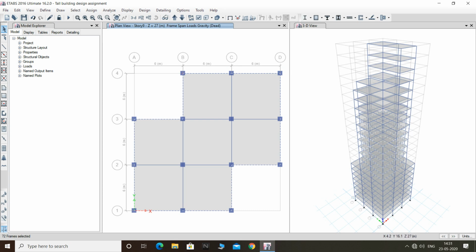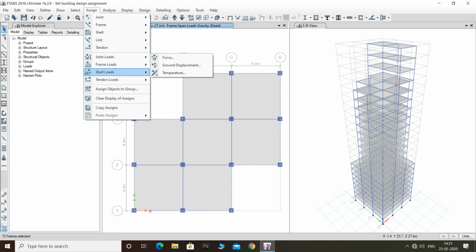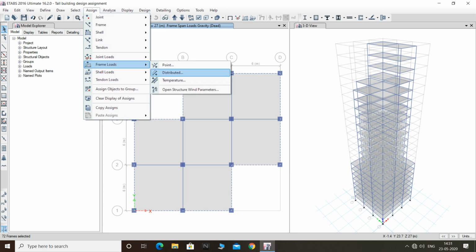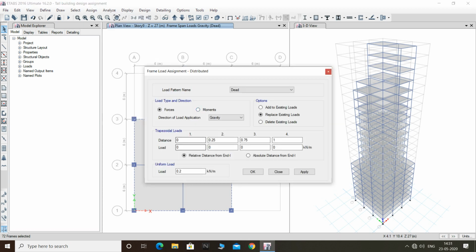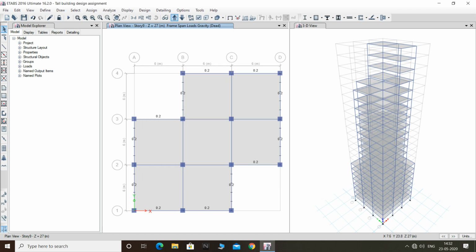Make sure that the exterior beam is selected. Go to assign, then shell loads, then frame loads, and click on distributed. Load is 0.2 kN per meter. Click on apply and click on OK. For next set,